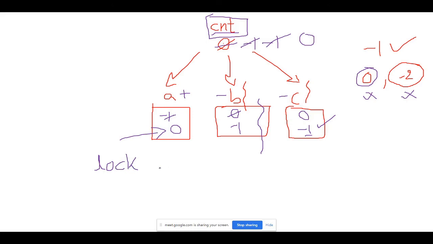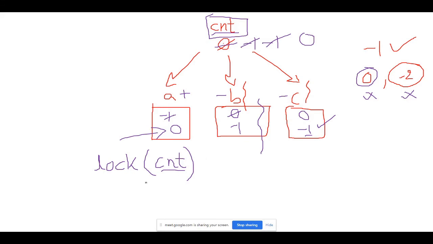It's not a physical lock and key concept, but similar to that. So when thread A is accessing the counter object, you will acquire a lock on that. Conceptually, you will acquire a lock on that, and once the object counter is locked for modification, no other thread can do any modification operation on this particular object. So this is the idea behind the mechanism to prevent thread interference.